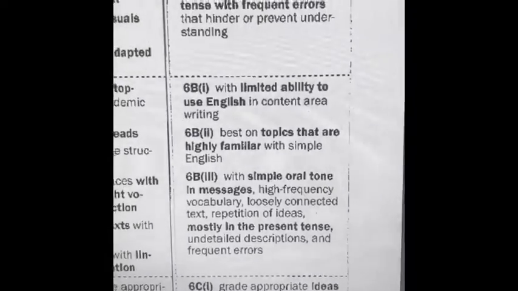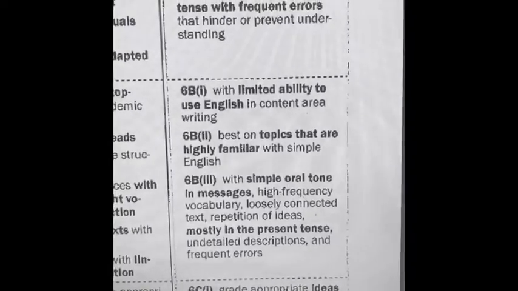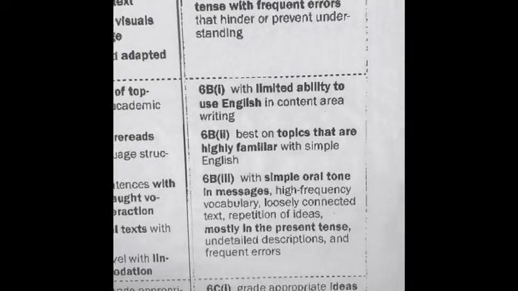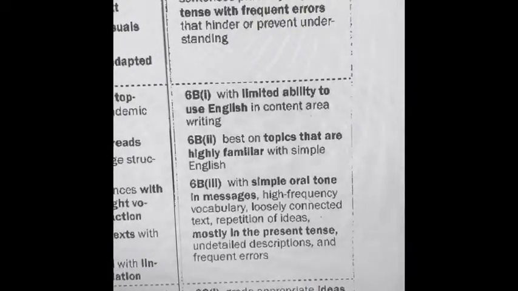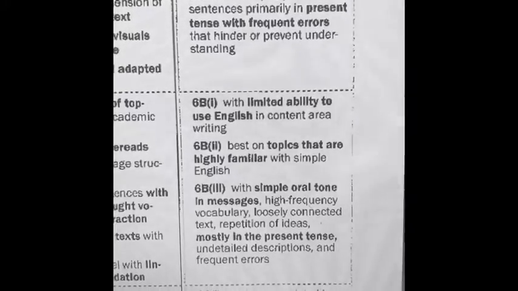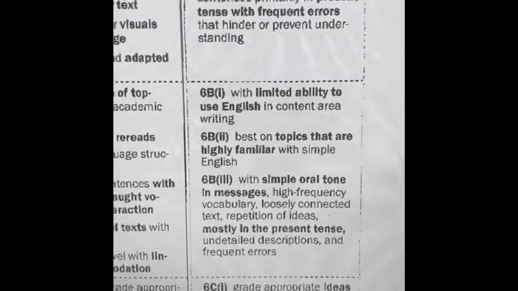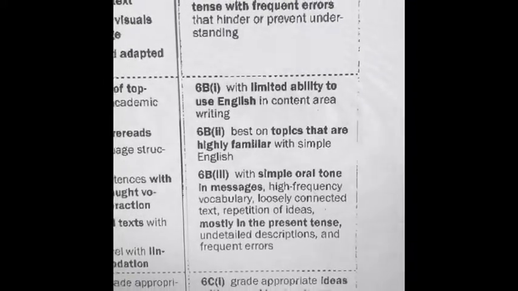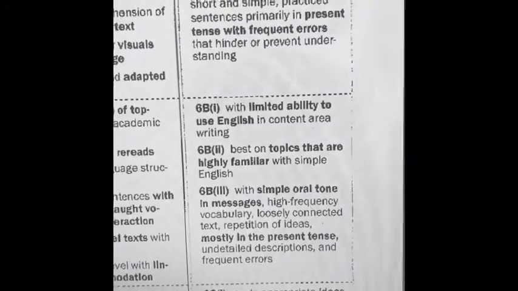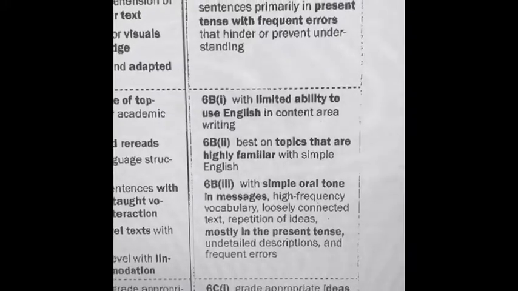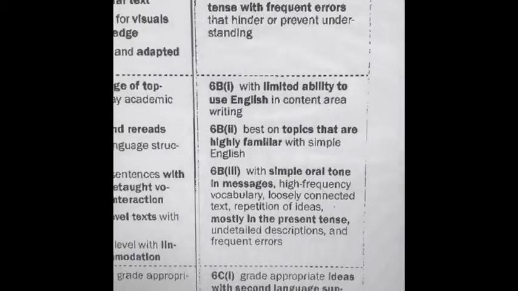Moving on, most of these students have a limited ability to use English. However, there is some use of English. The best topics are those they are highly familiar with, using simple English. Passages should use a simple oral tone and messages. They should have high frequency vocabulary, loosely connected text, and repetition of ideas, mostly in the present tense, to help familiarize the student with basic English structure. That wraps up the different types of listening, speaking, reading, and basic descriptors for an intermediate